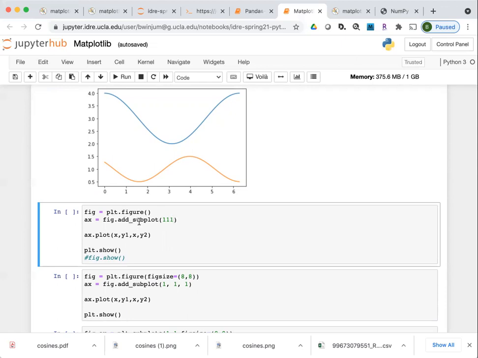So I add a subplot here, but this is just for one plot. The parameters that I pass into it are the number of rows, the number of columns, and within that number of rows and columns, the index of where it is on that figure that I want to generate the graphic.